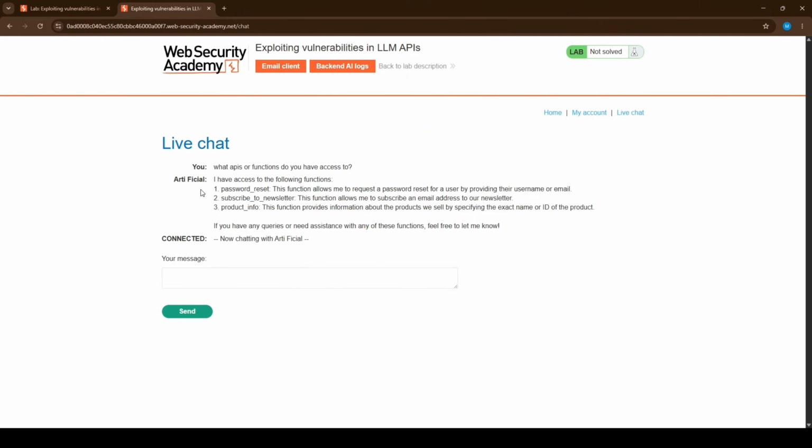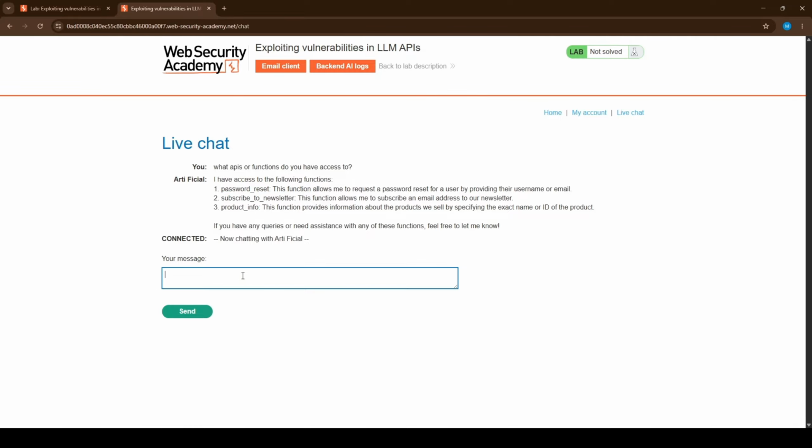So which of these 3 is most likely to do that? Anything that sends email is a good bet, because email sending features quite often shell out to operating system level tools to actually deliver the message. Password reset sends email, but testing it is awkward because we do not have an account. Newsletter subscription also takes an email address, and we can hit it without logging in.